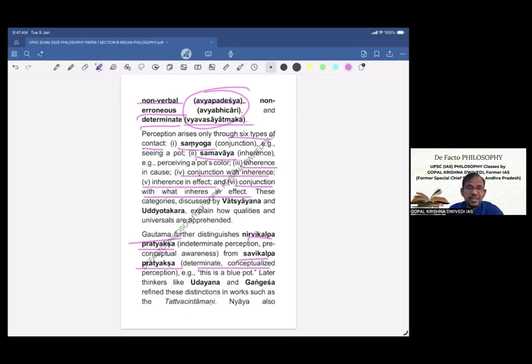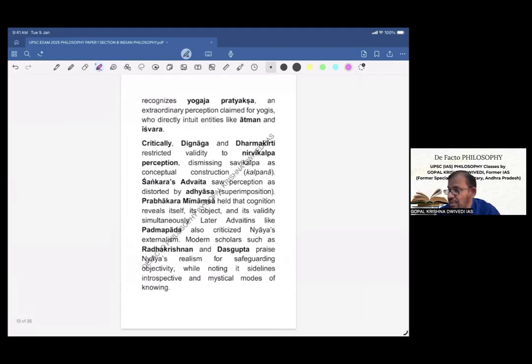Later thinkers like Udayana and Gangesa refine these distinctions in works such as Tattva Chintamani. Nyaya also recognizes Yogaja Pratyaksha, an extraordinary perception claimed for yogis who directly intuit entities like Atma and Ishvara. So this is Yogaja Pratyaksha. Till this point, we have given an exposition of perception by Gautama and some other related Nyaya philosophers. Now we'll briefly